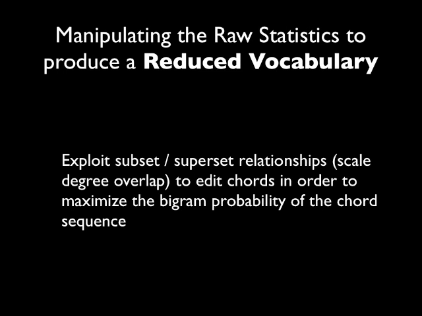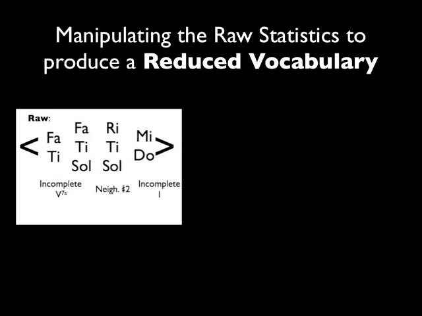And so we're going to manipulate the raw statistics to produce a reduced vocabulary, a more traditional vocabulary, by exploiting subset and superset relationships, that is scale degree overlap, to edit chords in order to maximize the bigram probability of the chord sequence. And this is what we're going to use that initial algorithm for. What this is going to allow us to do is take a structure, a sequence like this, with some incomplete 5/7s going to a neighbor sharp 2 that ends up with an incomplete 1, and map it onto a more